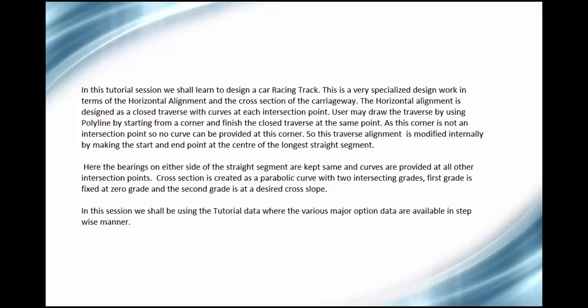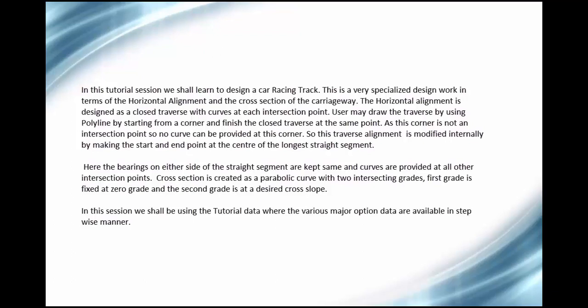User may draw the traverse by using polyline, starting from a corner and finishing the closed traverse at the same point. As this corner is not an intersection point, no curve can be provided at this corner. So this traverse alignment is modified internally by making the start and end point at the center of the longest straight segment. Here the bearings on either side of the straight segment are kept the same and curves are provided at